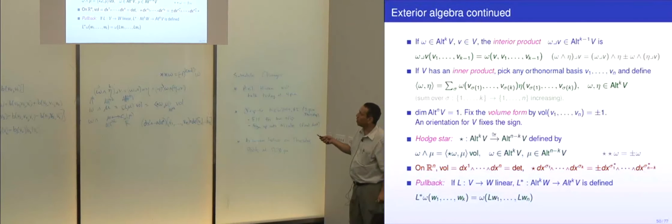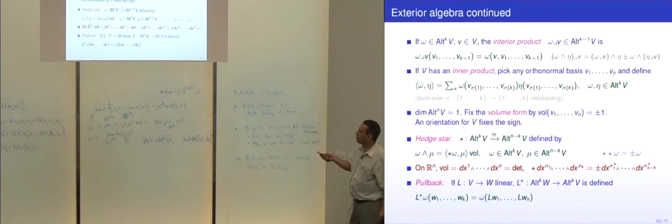And the Hodge star says, well, if you give me an increasing sequence dx sigma 1 through dx sigma k, that's a k-length sequence, the Hodge star of it is you take all the other guys, the ones that are in the complement, sigma 1 star through sigma n minus k star, and take that as an increasing sequence with a sign. Okay, so here the star means that sigma 1 through k and sigma 1 star through n minus k star, between them go all the way from 1 to n.